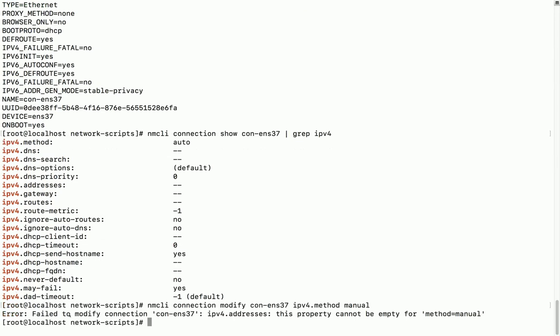So it's going to tell us the error: it failed to modify the connection because there's no IP address. If there's no IP address, it cannot be set to manual yet. So you have to set your IP address first. Let's do that. nmcli connection modify